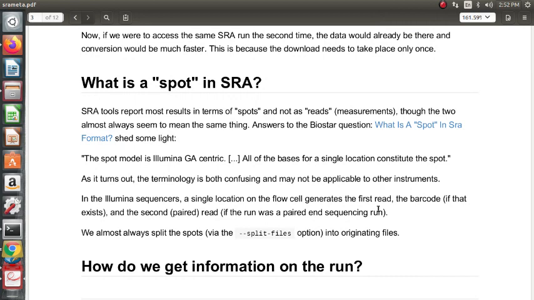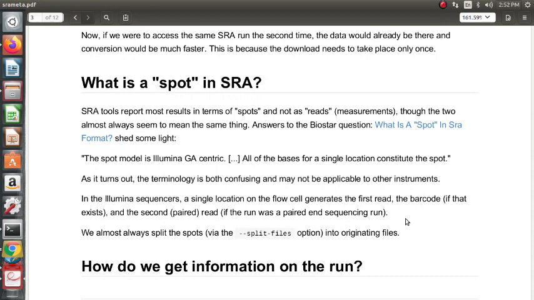All of these bases for a single location constitute a spot. As it turns out, the terminology is both confusing and may not be applicable to other instruments. In the Illumina sequencer, a single location on the flow cell generates the first read, the barcode if that exists, and the second paired read if the run was a paired sequencing run.